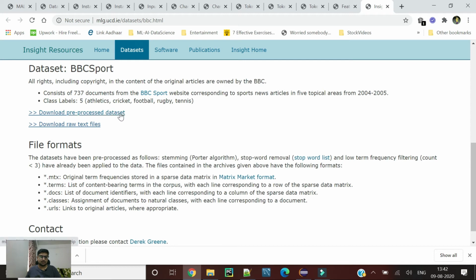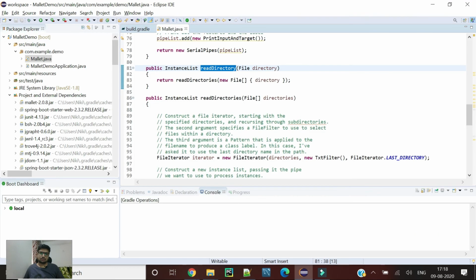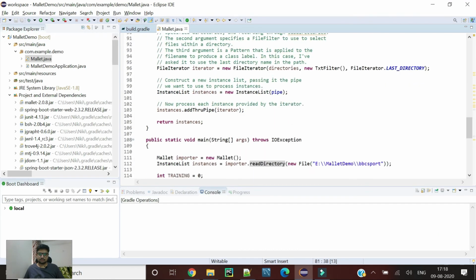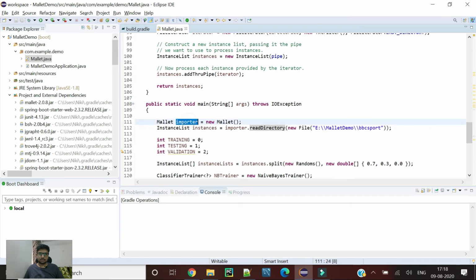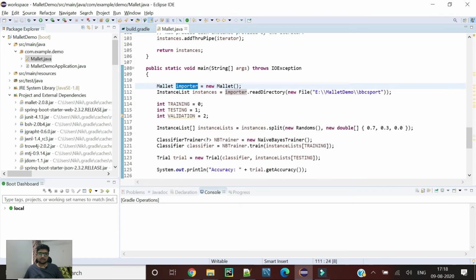I have mentioned it in the description, so you can go and download the data. Here's the code through which we are reading the data, and here we are creating the Mallet object, giving the location of our data, and creating the instance list.